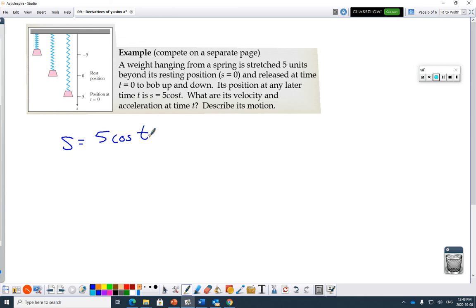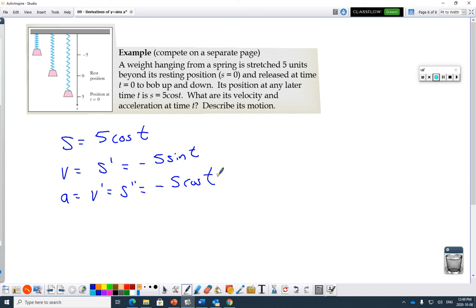And all this question asks for is the velocity. So the velocity will be s prime, which will be -5 sine t. Pretty easy stuff, actually, taking derivatives of sine and cos. The interpretation is going to be the tough part. And then finally, acceleration, which would be v prime, which is s double prime. It just means I take the derivative again. I get -5 cos t. Isn't that simple? It stays nice and simple. Displacement, velocity, acceleration all stay pretty simple